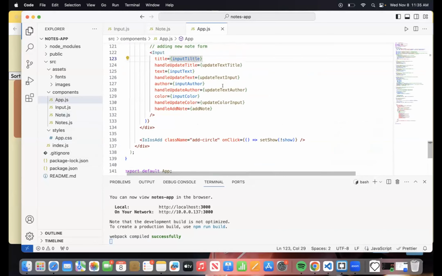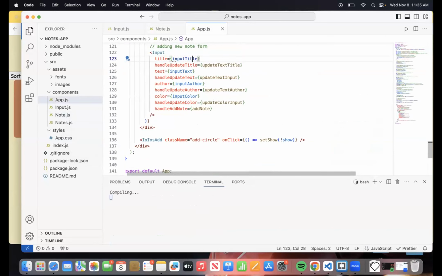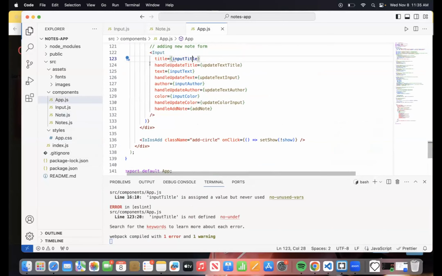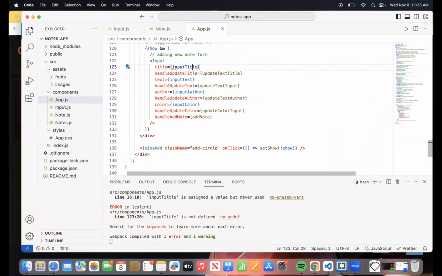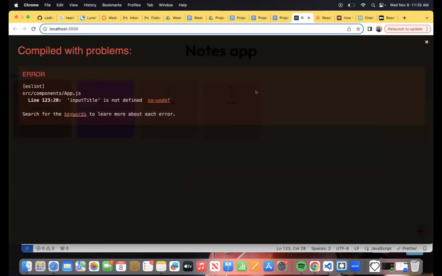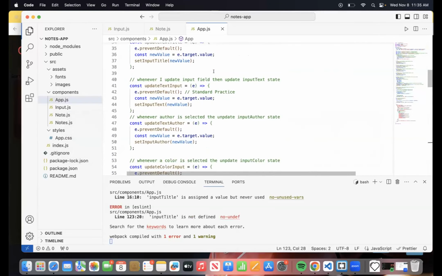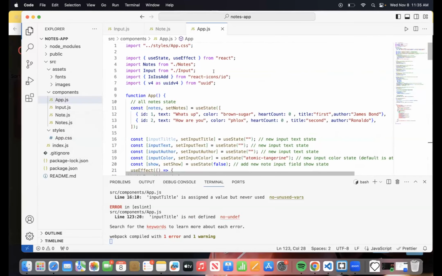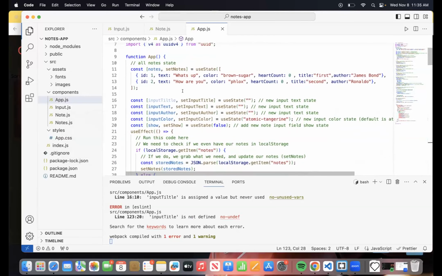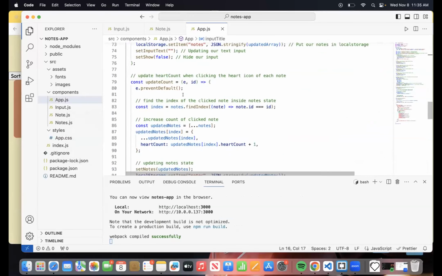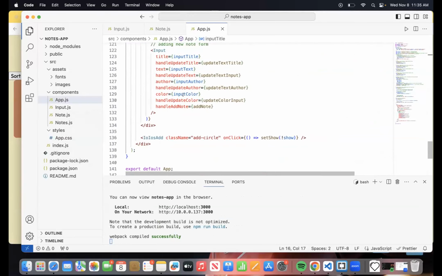This one. Okay, makes sense. Okay, let's do that. Input title. I think I made a spelling mistake here as well. Oh, yeah, exactly. I mean, it was a spelling mistake, but it was essentially taking the same value.